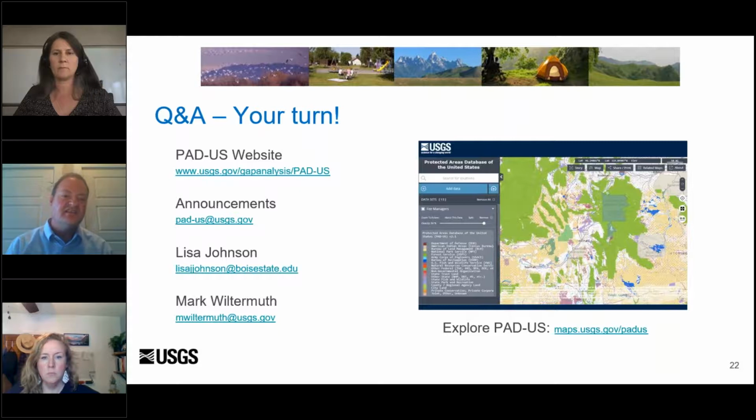One of the key things that we really need is help. We need help from all of you that are managing data to be working with data stewards and working with our network to further build out the data within the database. And we'll be working with DOI and everybody